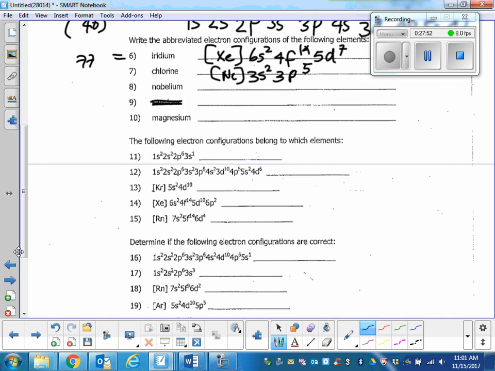Which element's electron configuration is this? Are these the number of electrons? Just add them up. Alright? Sometimes